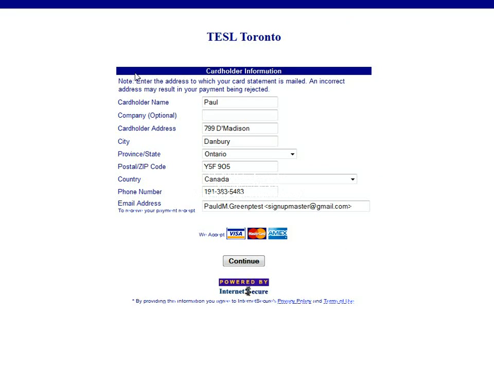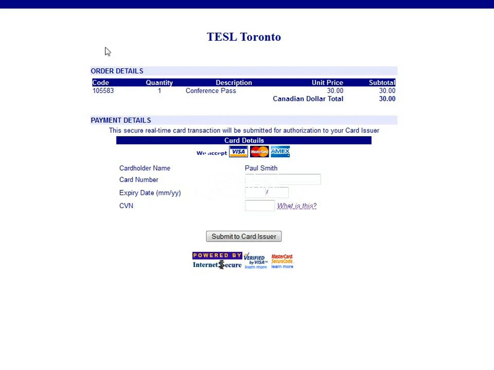Here I go to the cardholder information page, and I'm going to fill out this information about myself. Once again, just make sure everything's okay. And once I've finished there, I'm going to click Continue. Finally, I'm going to check the order details to make sure everything's okay. The workshops don't need to show up here, so don't worry about that. They've already been registered. I'll fill in my details about my credit card,